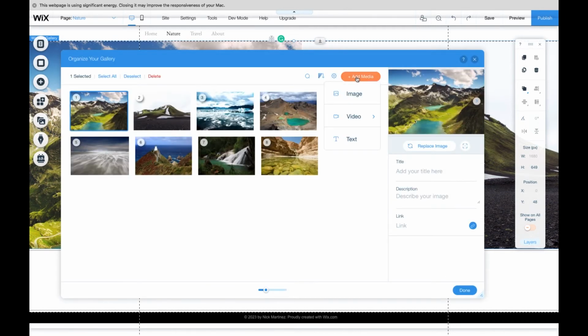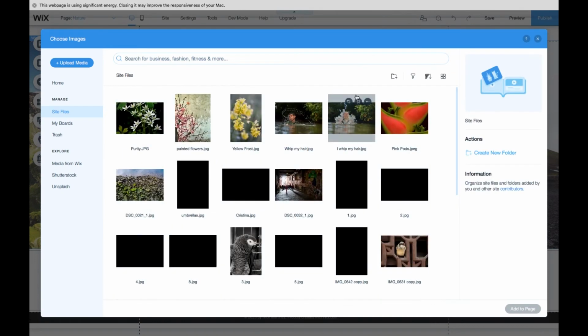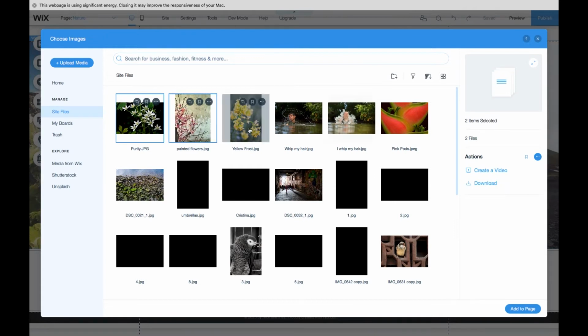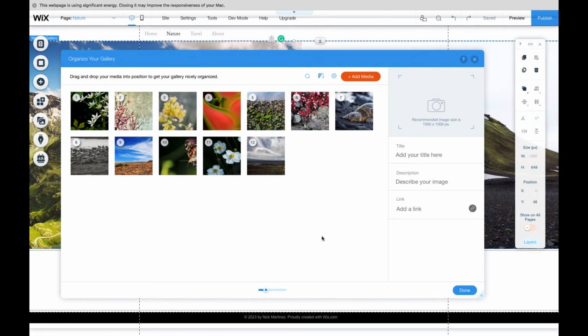So pretty much the same as with the home page. I'm going to go in and manage media, add the images that I want. I'm just going to go through and select all of the nature photos that I have in this album of curated images that I built. Okay, so now that I have all the images here, I'm going to organize them into the order that I want them to show in the